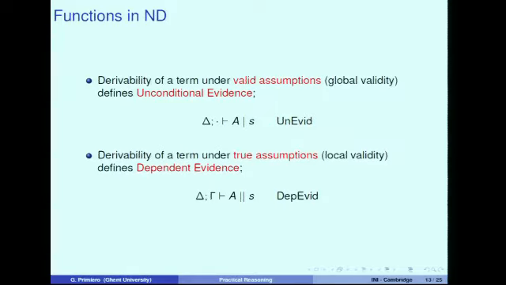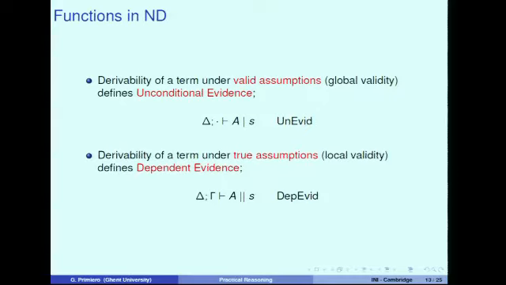Usually this is not something that is done in natural deduction calculi, but the idea is the following. One will have an expression for unconditional evidence. This is the one above, and you see the formula is slightly changed in order to describe the difference, but you can read A bar S as S is an evidence for A,